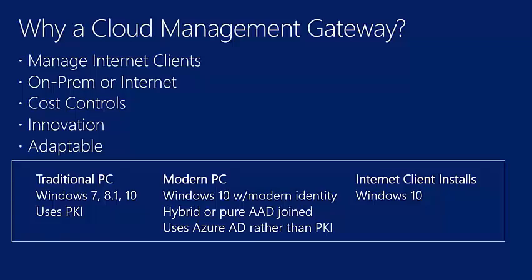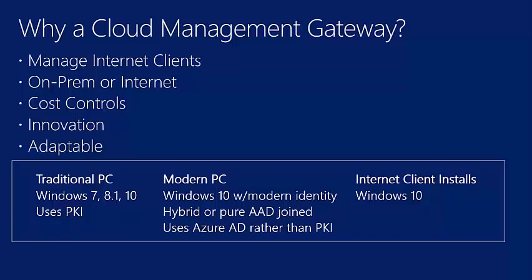Modern PC management. So this would be Windows 10 systems that are using modern identity. These would be systems that are hybrid joined or directly Azure AD joined, right? So to put a fine point on that, hybrid joined means that the device is actually joined to the on-prem Active Directory, but registered in Azure AD. And then purely Azure AD join means there is no joining to the on-prem